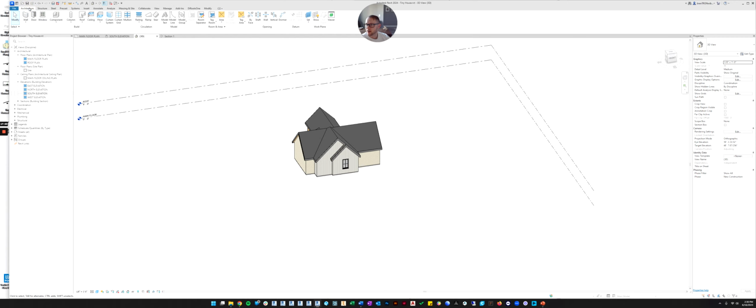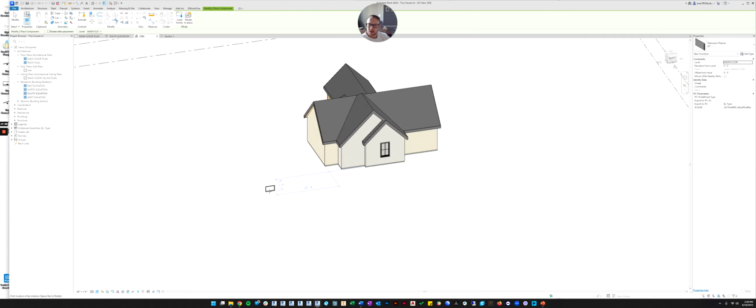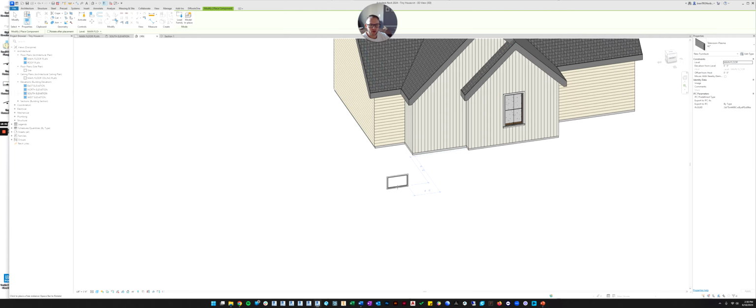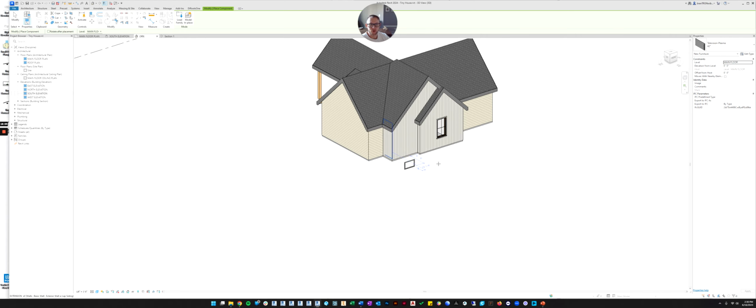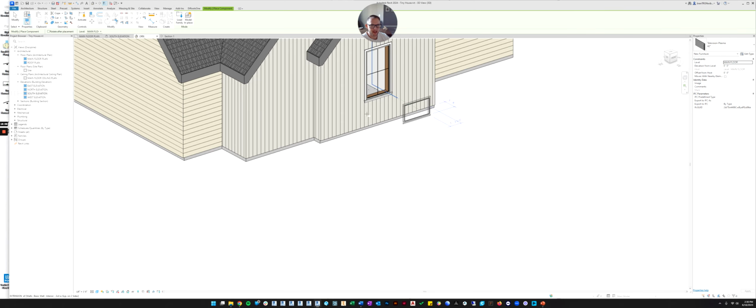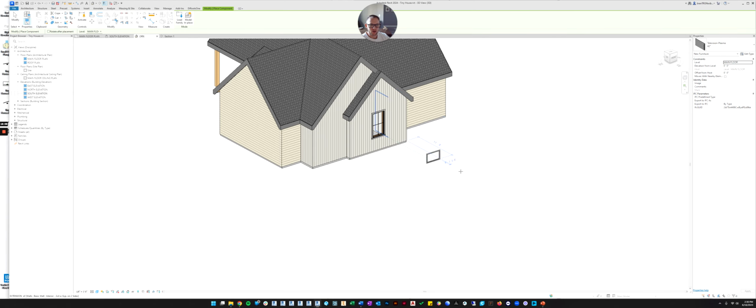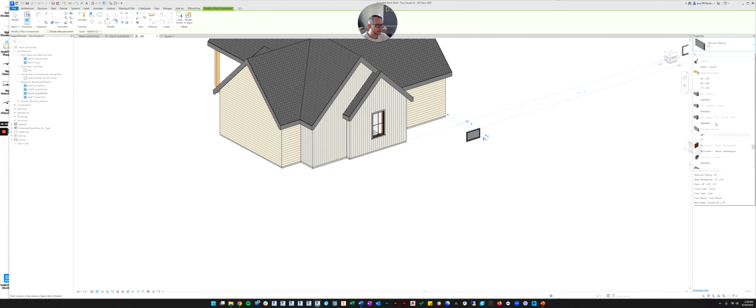So now you go to the Architectural tab, and there's a command called Component. If you click that button, it will automatically choose the component that you loaded most recently. So the last thing we loaded was the plasma TV, and you can place that by clicking it. Or before you click, if you go over here, we can find the other families that we loaded.